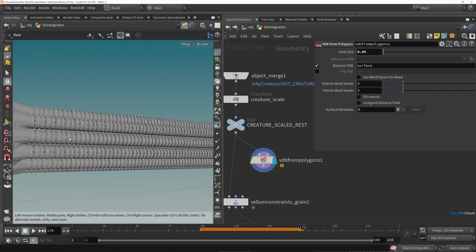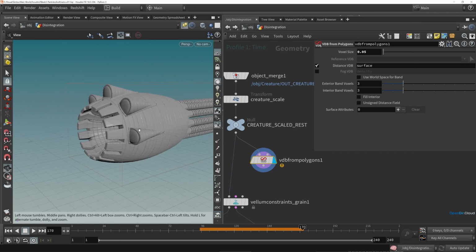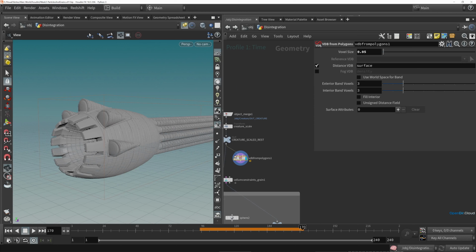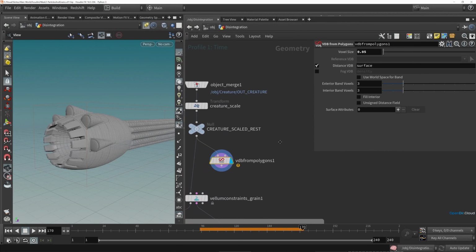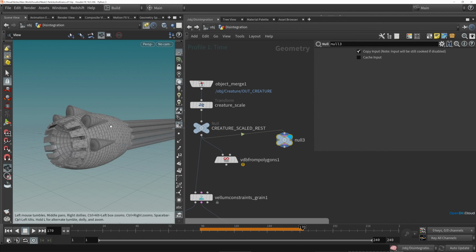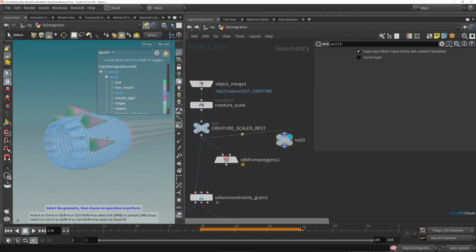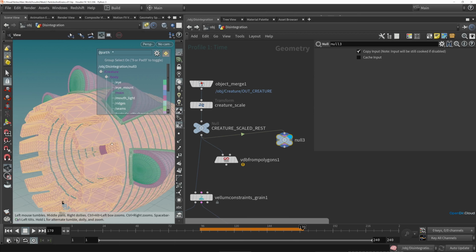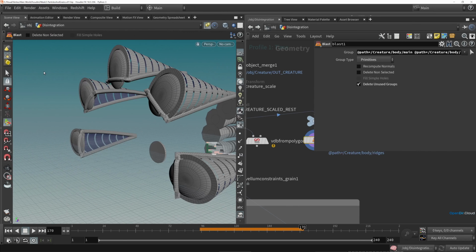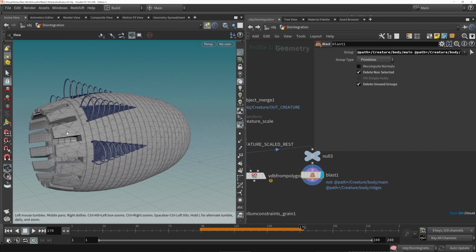So now that we have this SDF for the entire creature here, let's create a hollowed out region that we want to cut out in the middle of the creature body. So I'm going to start by just isolating the body from the creature scaled rest. So I'll create a new null off to the side here, and we'll do a selection based on the path attribute. And let's select the main body, and I'll select these seams as well. Then we can blast this away, and on that blast, flip it to delete non-selected to isolate just those sections